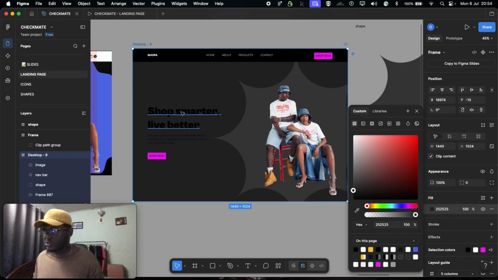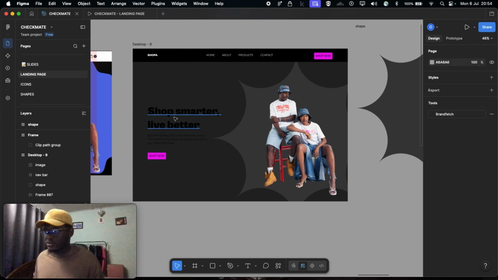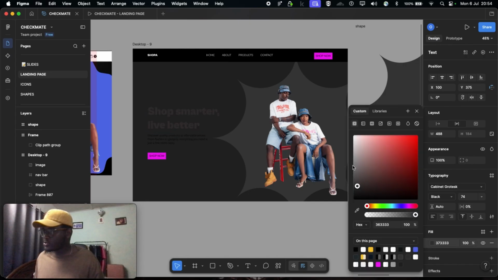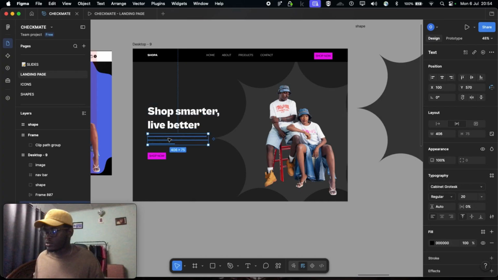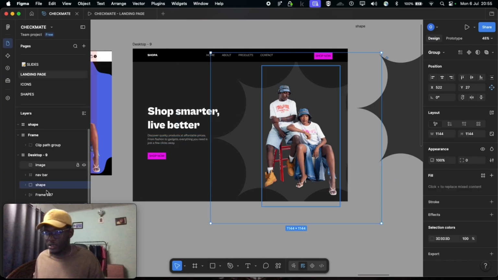Now the next thing is I want to change the color of this black text and this one to white. So I'll click on this text, come here and change it to white. I'll click on this one and change it to maybe another white, or something close to white like that. Now can you see it? Now if I want this shape at the back, which is this one here,